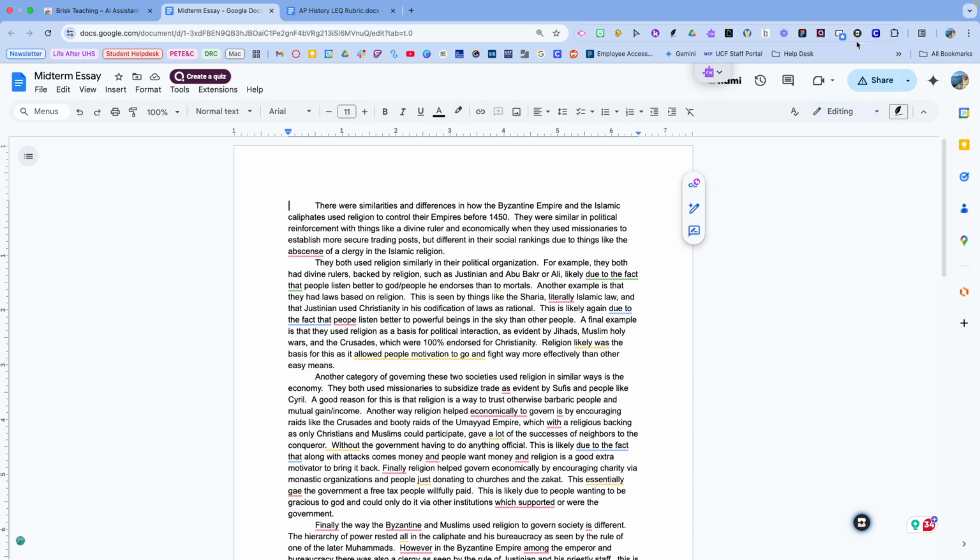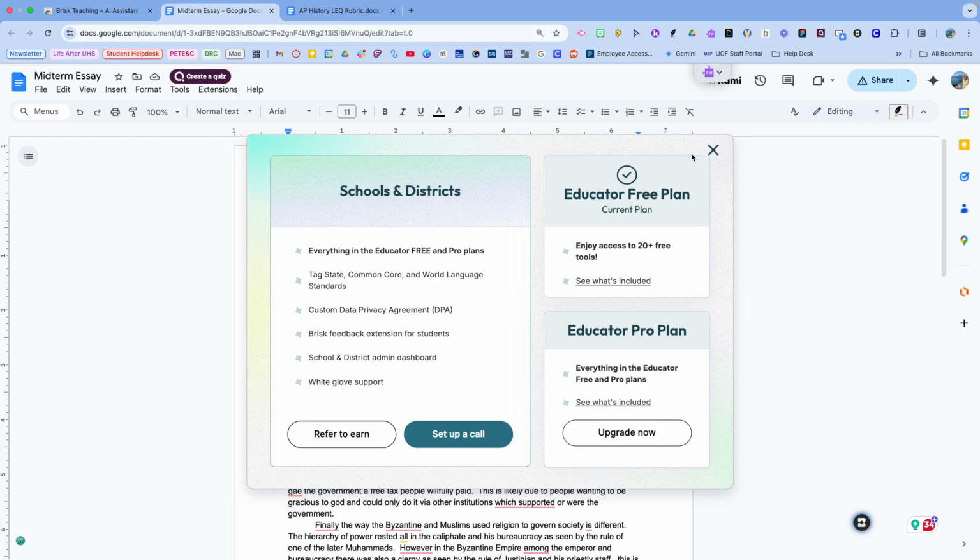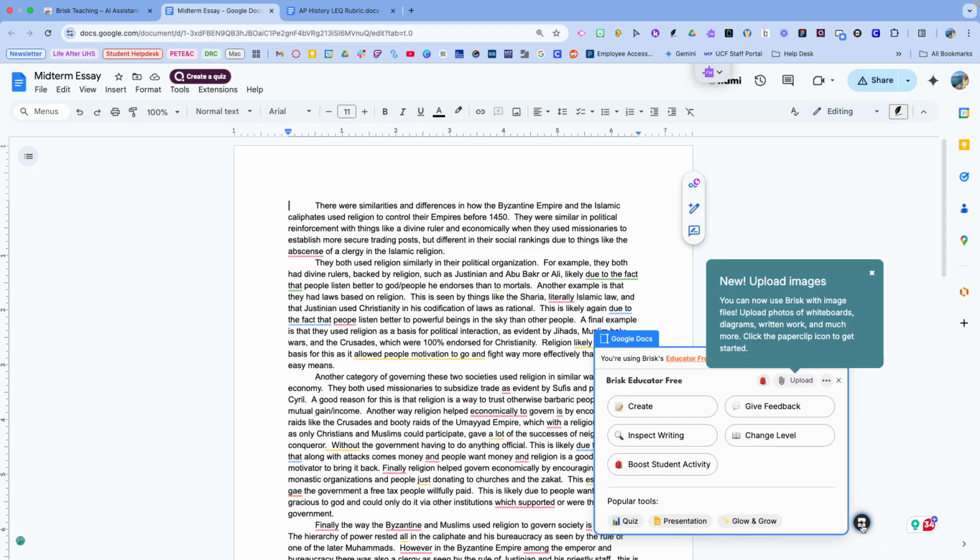So what I would do is I'd come up here to my Brisk icon. You can see down here I already have it turned on. So if you click and then click again, you can see that it pops up there and you can go ahead and use it. So I'm already logged in here. If you weren't logged in, it would prompt you with this. First it's telling me I have my free plan, but also to log in. So if I click that again,